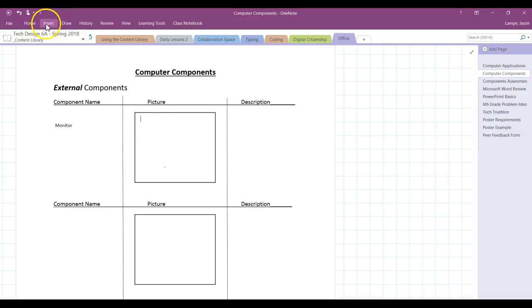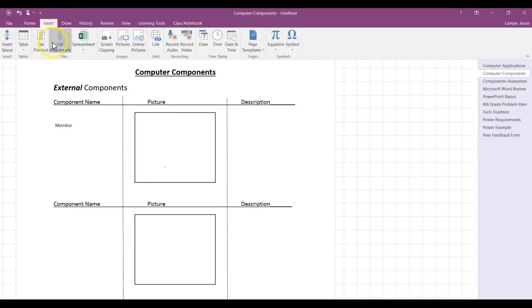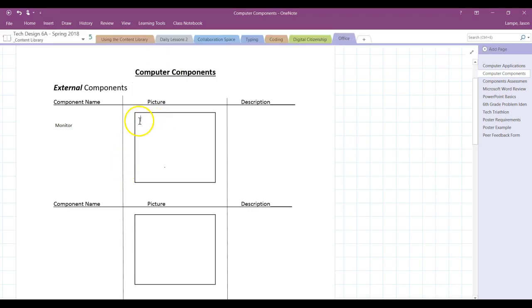I can come up here to the Insert tab and go to Online Pictures. Now this tool exists in every Office program, so OneNote, Word, Excel, PowerPoint, all of it. The sooner we learn how to use this, the better, because it's a really, really easy way to put in pictures. So one more time, blinky line where I want the picture, Insert tab right here, go to Online Pictures,